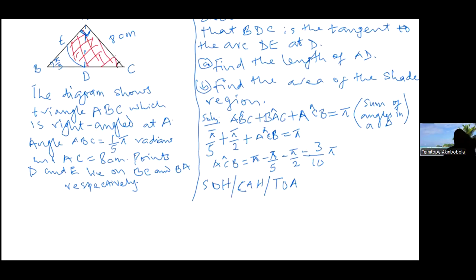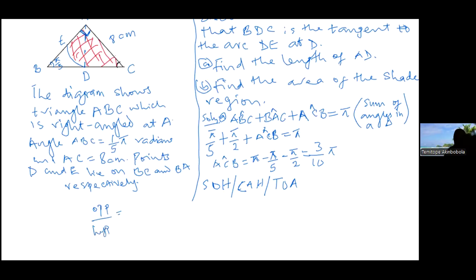That's angle C. So that means AD will now be opposite. Then AC is hypotenuse. So we know opposite, we know hypotenuse. So we are going to use what? From the SOHCAHTOA, which one will be appropriate? That's sine, the first one, the SO. So opposite over hypotenuse